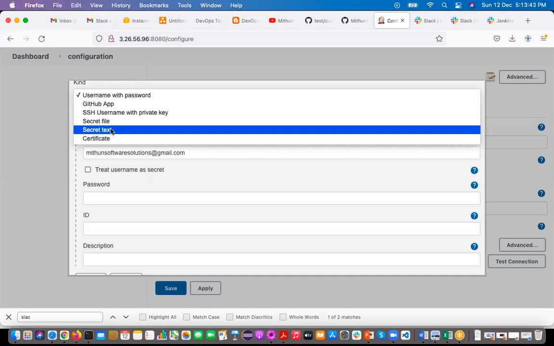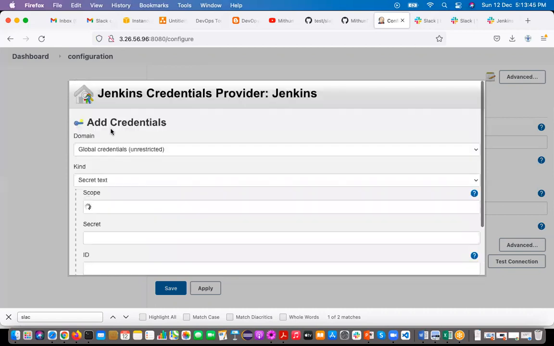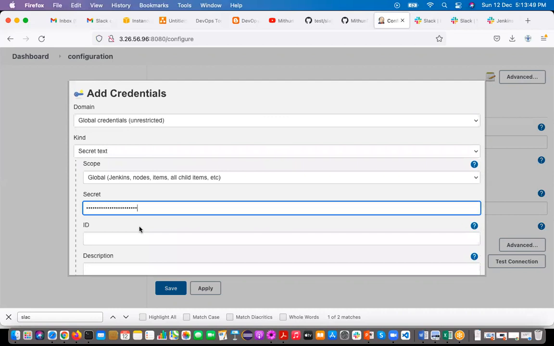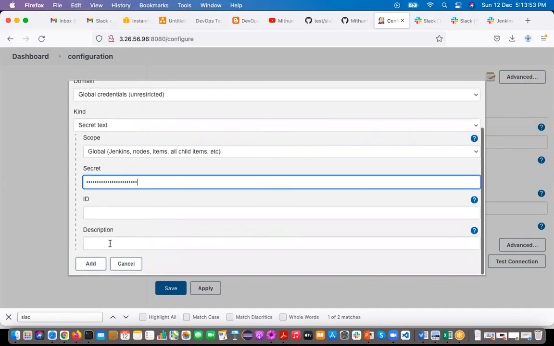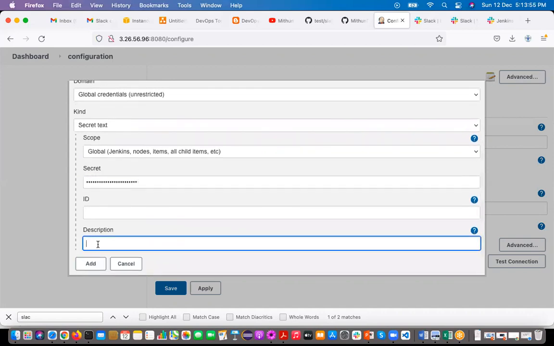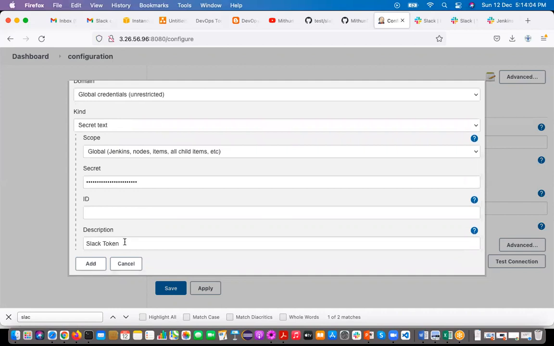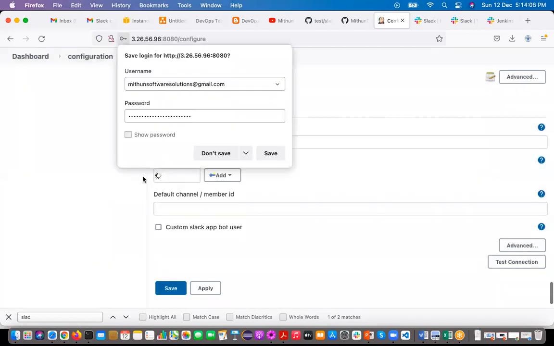So or you can use that just simply secret key. So give this one. Sorry. So select that just secret key. So here you can give that Slack token. Give any name here. Click on add.